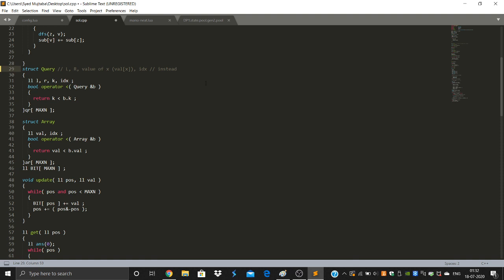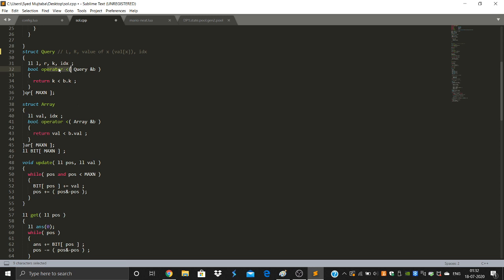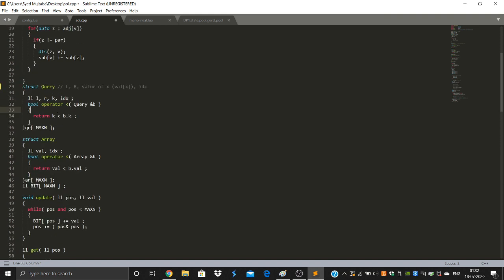Instead of using something like a vector of tuple of int with multiple values, that would be very tedious. I just made a struct and defined an operator for the struct, a custom comparator we call this, for sorting the values in ascending order. And we have sorted them, as you can see, in ascending order.